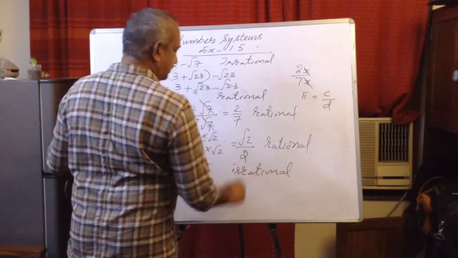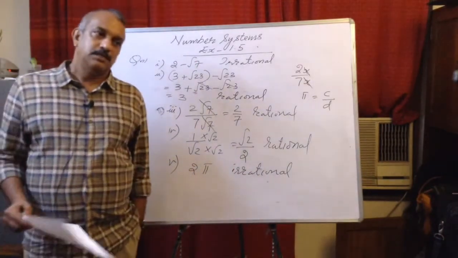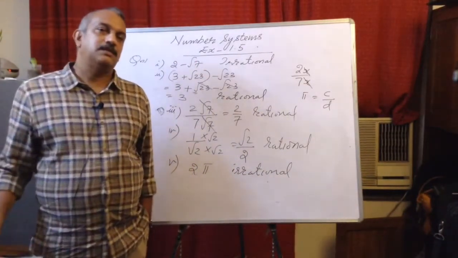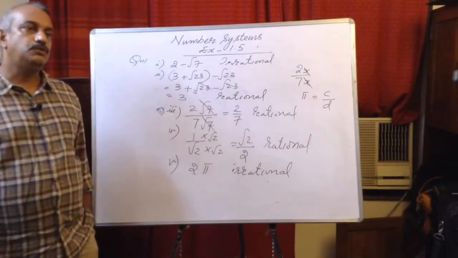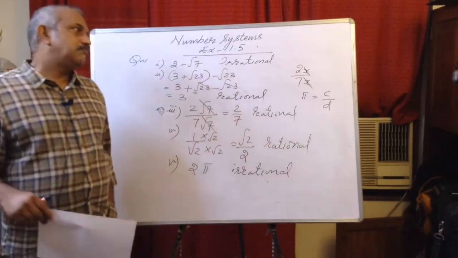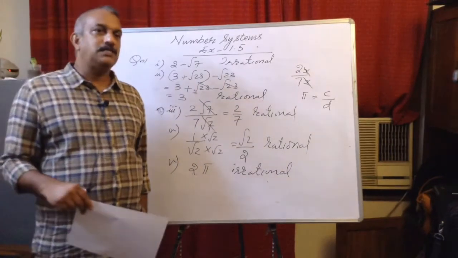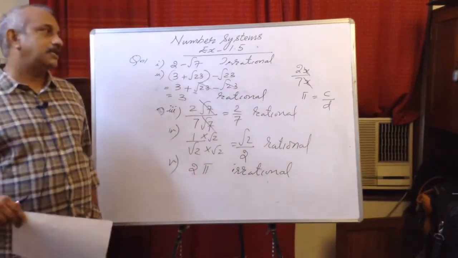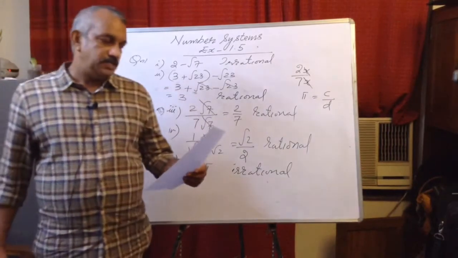See, if there is a rational and an irrational part, and the irrational part is not getting cancelled, it will be considered an irrational number only. Say 2 root 2, it is irrational only. If there is no number with a root, or the irrational part is not there, then it is considered a rational number. Now second one, simplify each of the following.